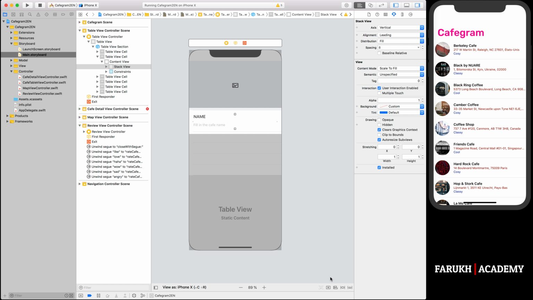The text field doesn't look as expected. Make sure the stack view is selected, here in the document outline. Then go to the attributes inspector and change the alignment option from leading to fill here. Also change the spacing value to 5 here, like this. Cool. For the third, fourth and fifth cells, repeat the same procedures, but set the label to type, address